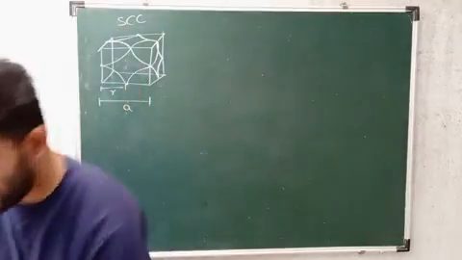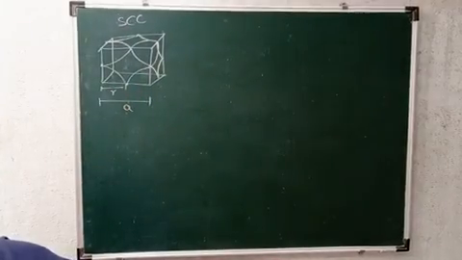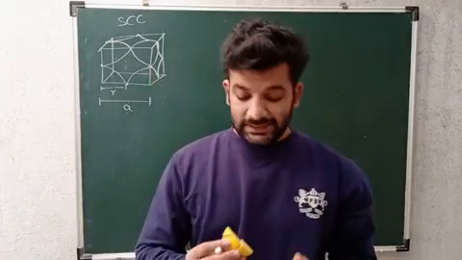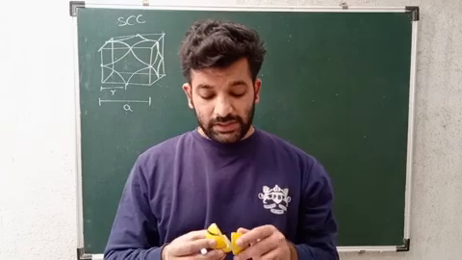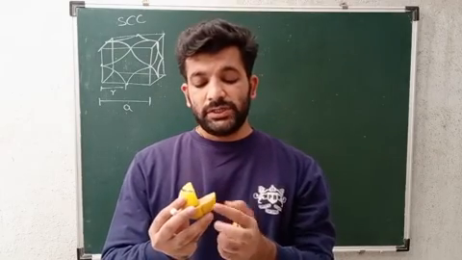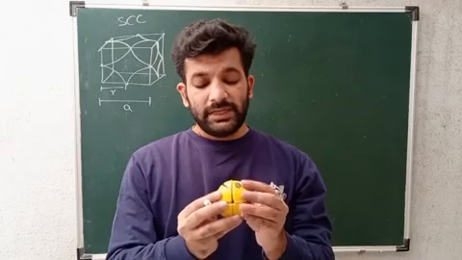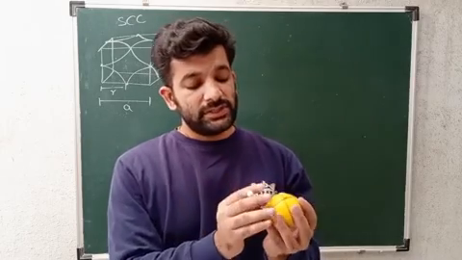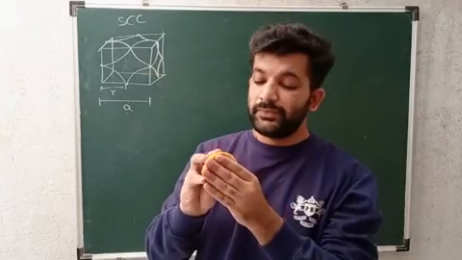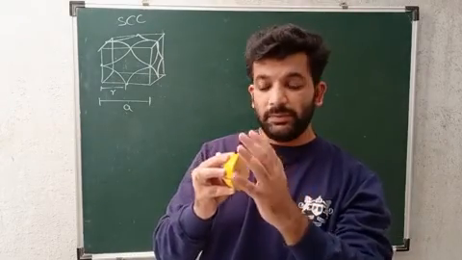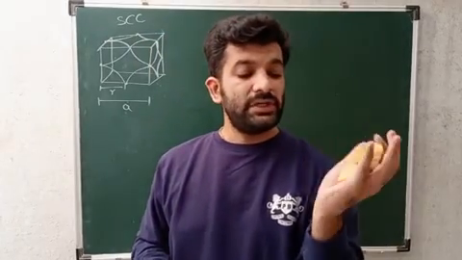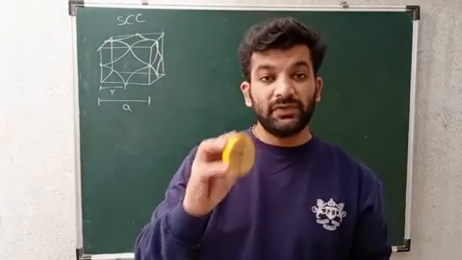Now let us take this as half an atom. In solid state, atoms are considered to be solid spheres. Now consider this as a solid sphere. This atom is considered to be a solid sphere. This is a semicircle, as you can see. The other part will also be joined over here, which I have with me. These are 4 different parts, and here I am having 4 parts.